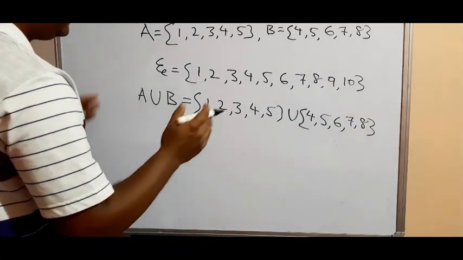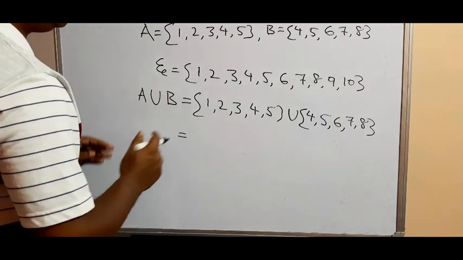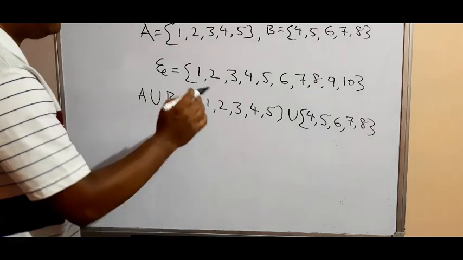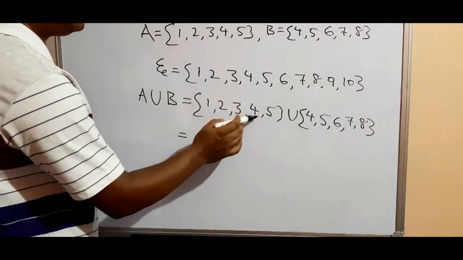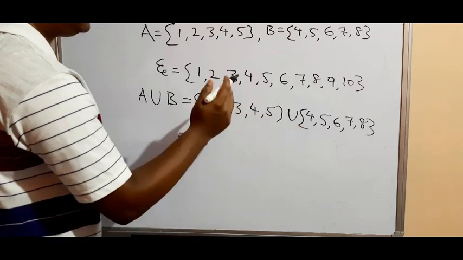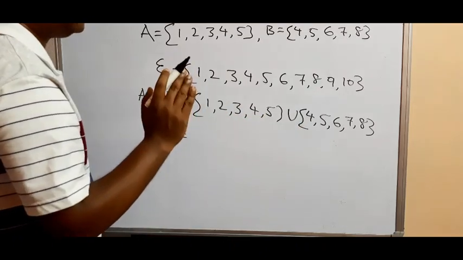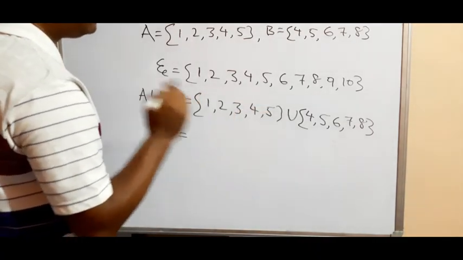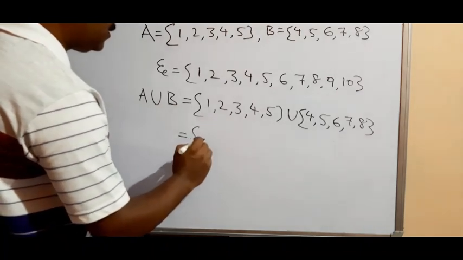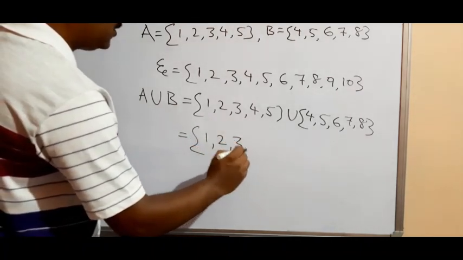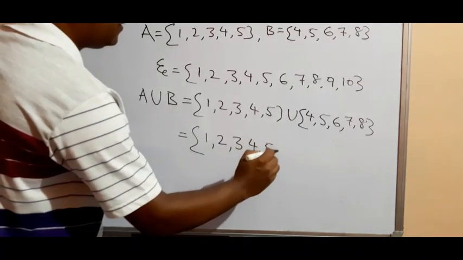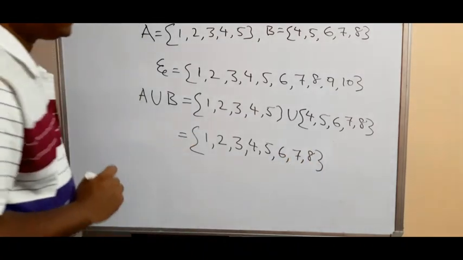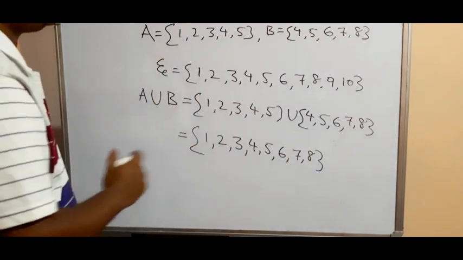Union means the combination of all elements. We have to take all elements of set A and set B. And remember which elements are repeated. Here 4 and 5 are repeated, so those elements we take only once, not required to repeat them. So all the elements of set A and set B we write. So A union B is equal to 1, 2, 3, 4, 5, 6, 7, 8. Clear? A union B understood? This is called A union B.